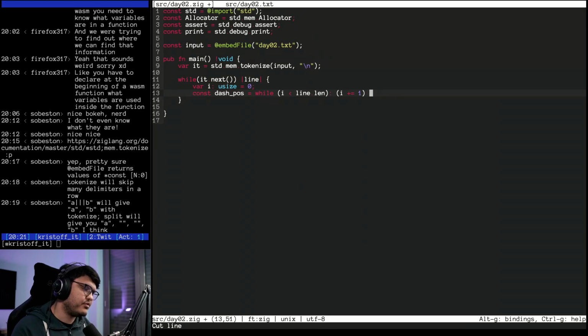And then in here what we do, if line position I equals the dash, we break. Well, actually, we don't even have to break with anything, but whatever. So we break with I, and that's it. Else unreachable. Well, actually, you know what? Let's do else panic. Panic. So dash.